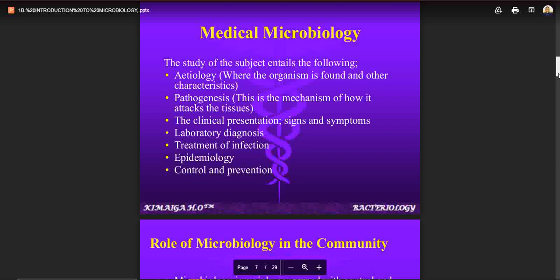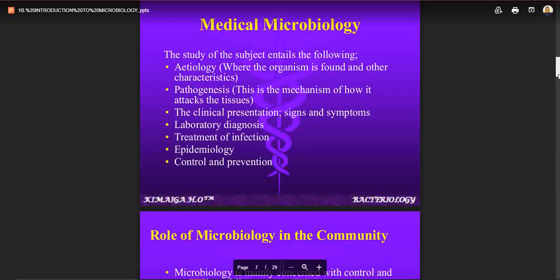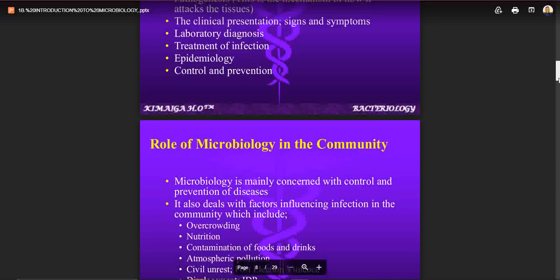Then treatment of infection. After now evaluating and knowing the disease, it is cholera. What are the regimens which are supposed to be used in terms of pharmacological treatment and non-pharmacological treatment? Epidemiology as well, based on distribution and frequency of distribution of the disease, based on gender, places, environmental factors, geographical distribution, etc. Then control and prevention comes in as the last thing. That is the entirety of